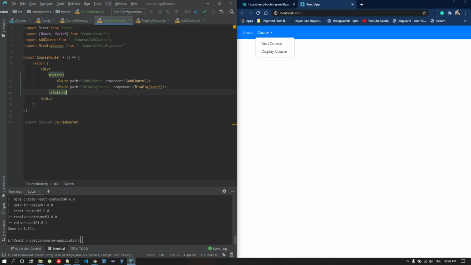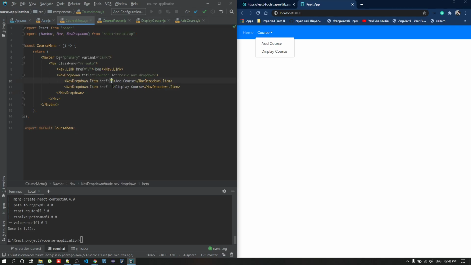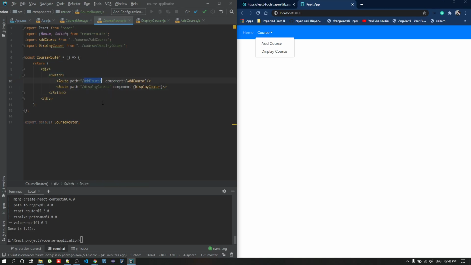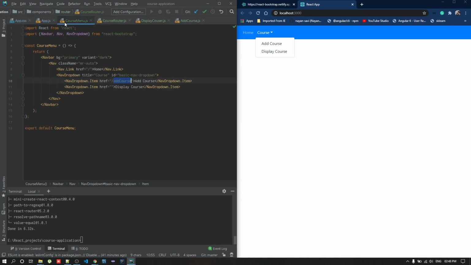So we have to add one more reference in the menu part. Still we didn't give any path here. We'll mention add course, that should be equal to this path, and same for the display as well. Once the user clicks on that, it will navigate.